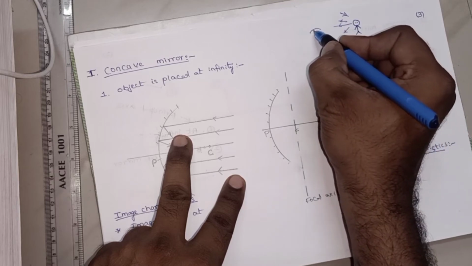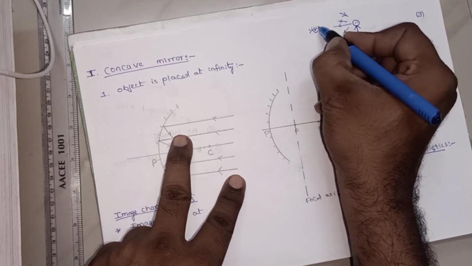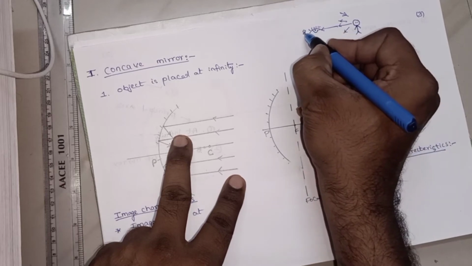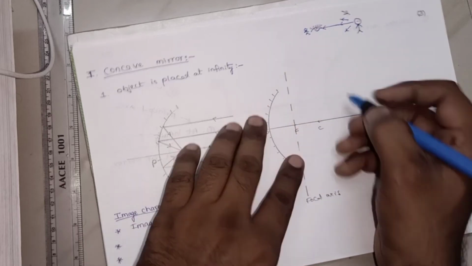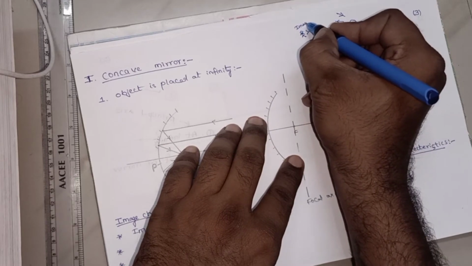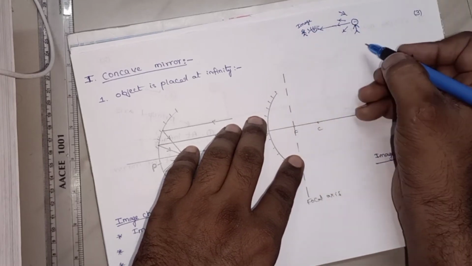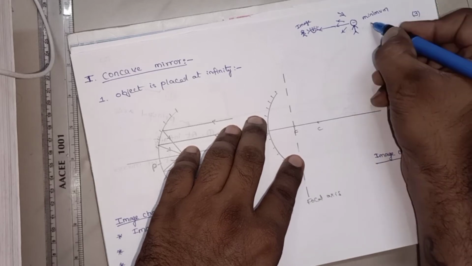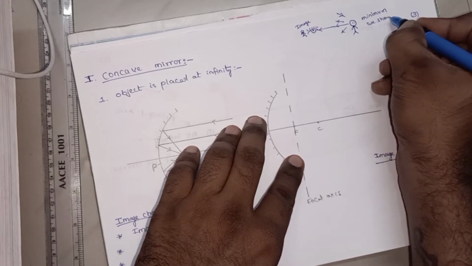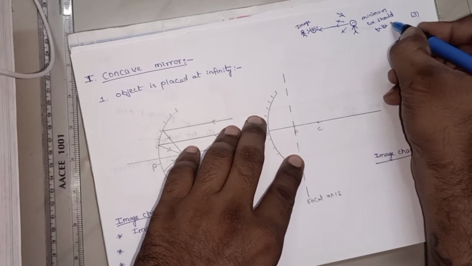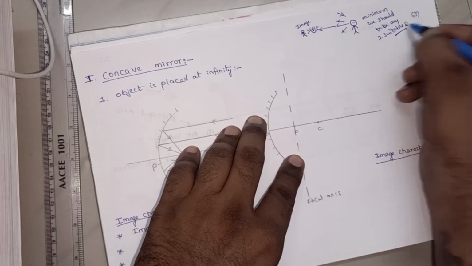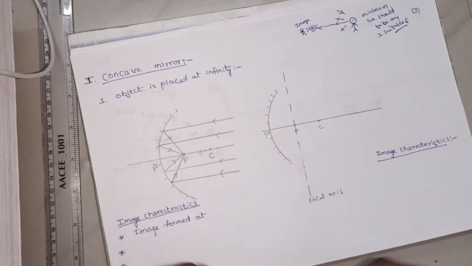See, after the reflection, the rays enter into the eye, then the same image will be formed. In order to get such kind of images by using the ray diagram, minimum we should take any two suitable rays. This thing you should remember. So by using any two suitable rays we can get the image characteristics.